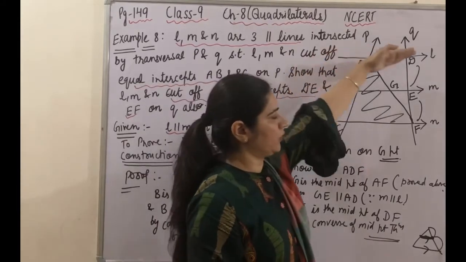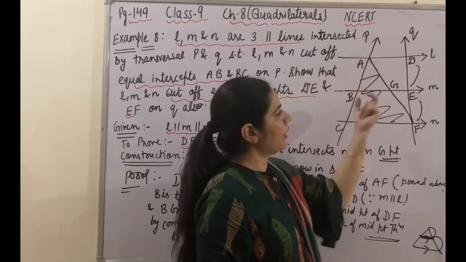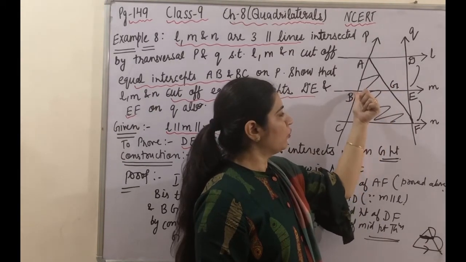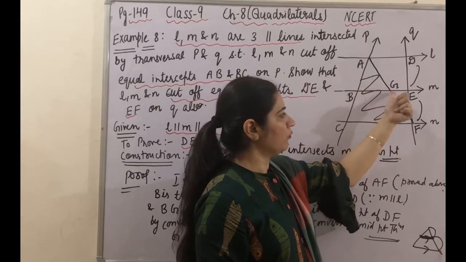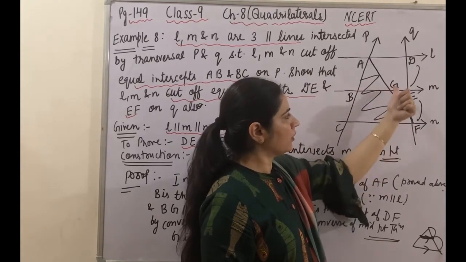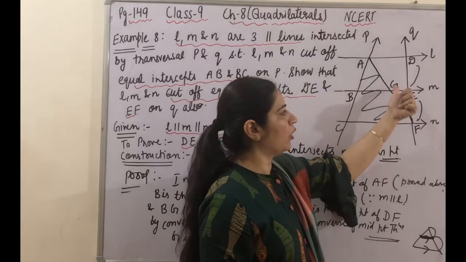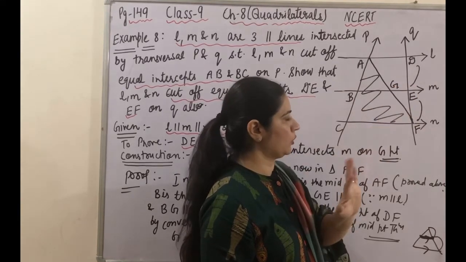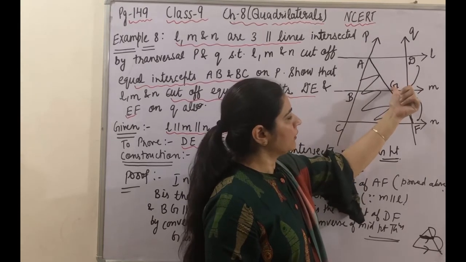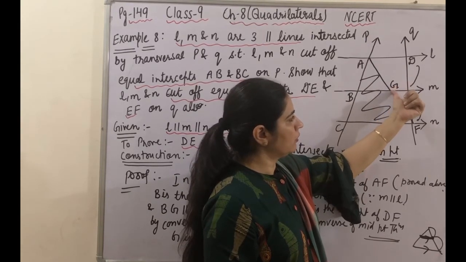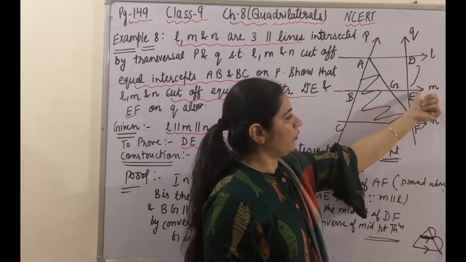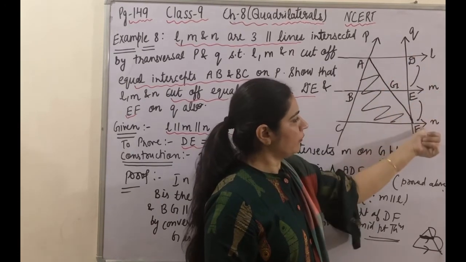Actually it was a trapezium. We have divided it into two triangles. One point was given which was the midpoint, one line was given which was the parallel line. Here we applied the converse of midpoint theorem, and we got this point is the midpoint. Again we applied the converse of midpoint theorem, this is already given midpoint, these two lines are parallel. So this point E will be the midpoint of this DF.